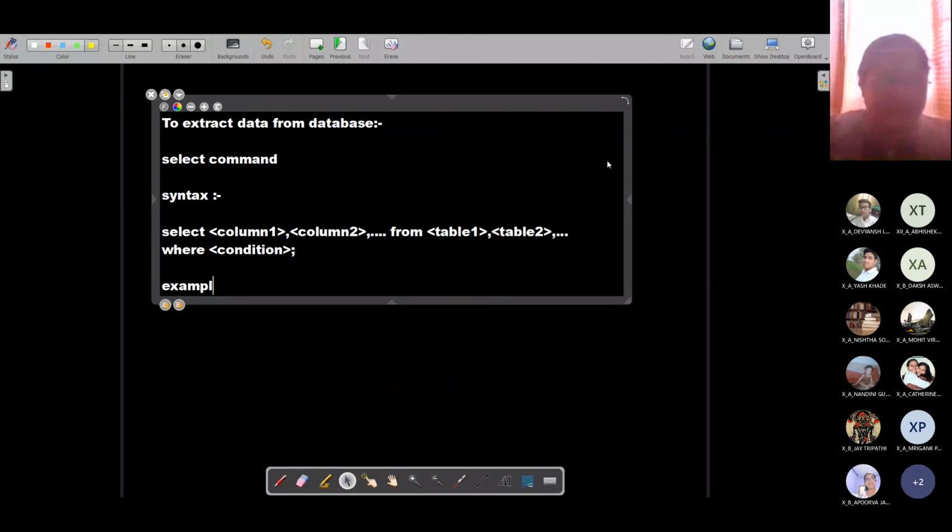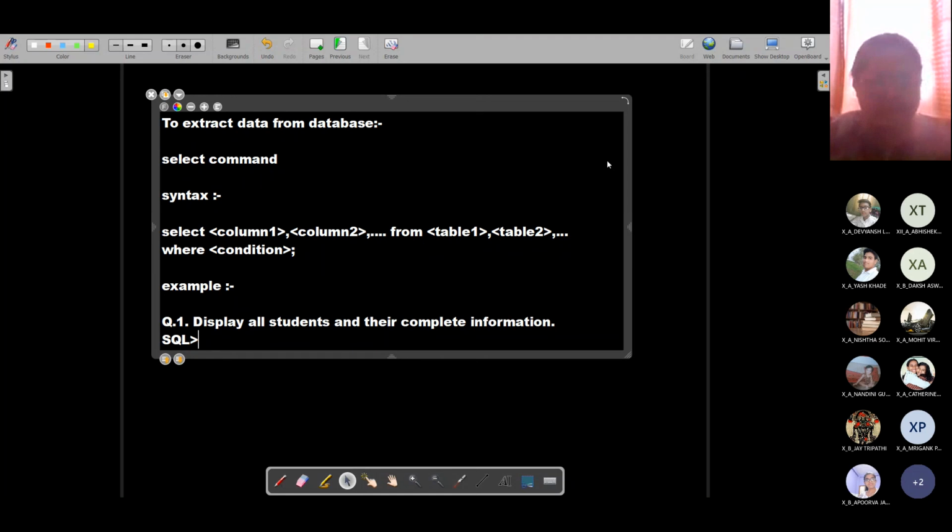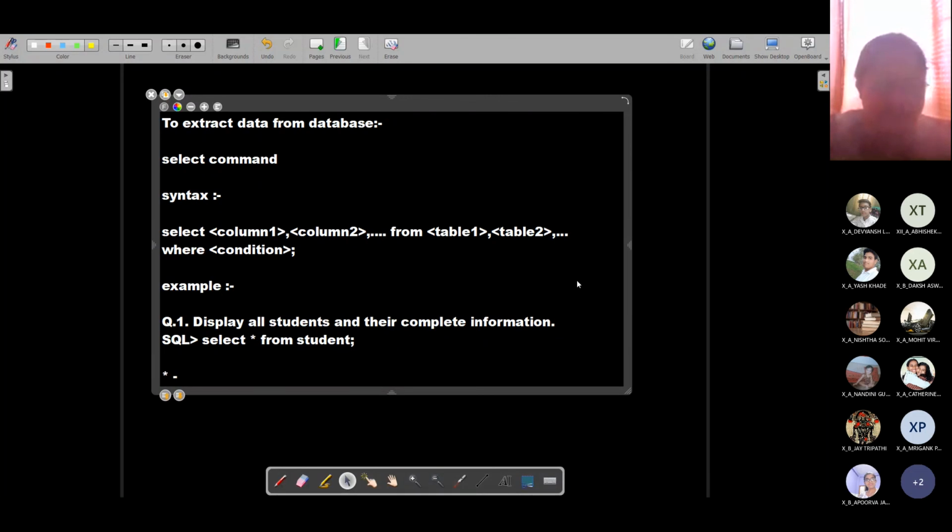As an example, let us try to extract all the records from the student table. My first question is, display all students and their complete information. So what will be my SQL over here? Select asterisk from student. That is from the table. Asterisk means select all field data from the table.